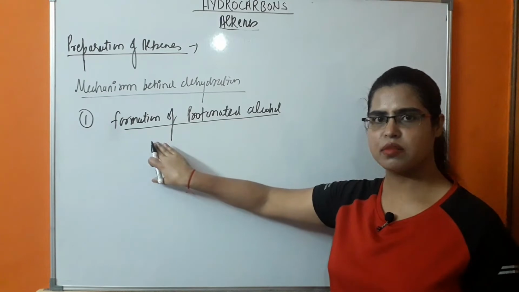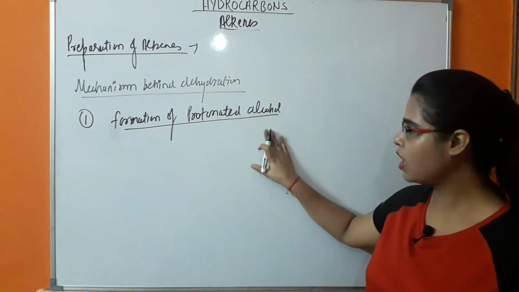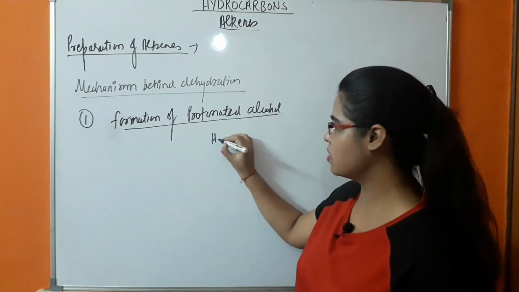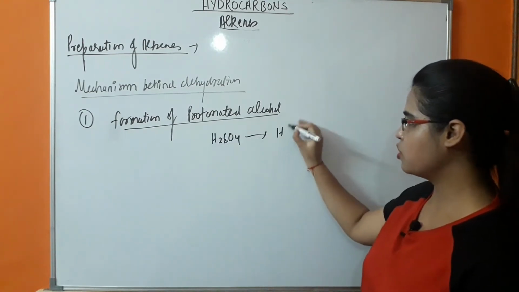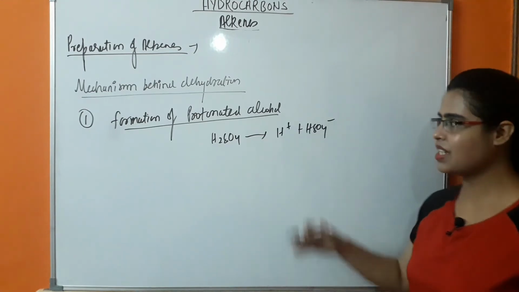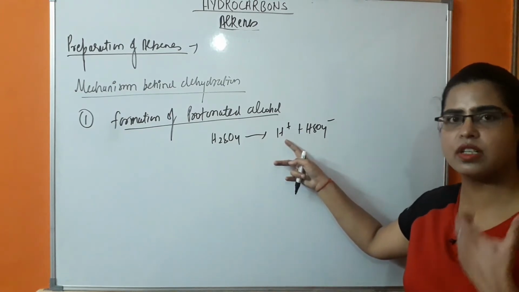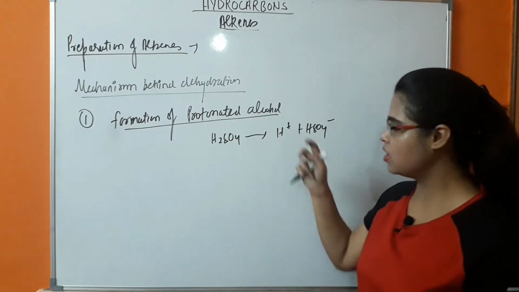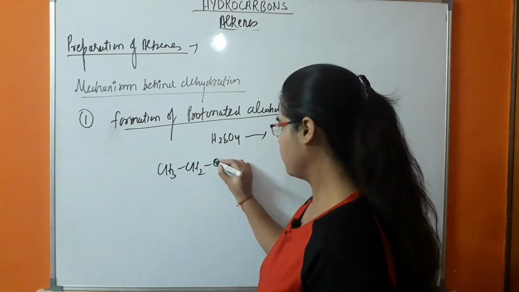the first mechanism step is formation of protonated alcohol. So what will happen in this case? Mineral acid H2SO4 will dissociate into H plus and HSO4 minus. It is behaving as a catalyst because it is releasing H plus ion which initiates the reaction. This H plus ion will react with, for example,